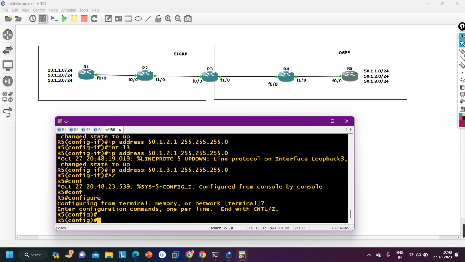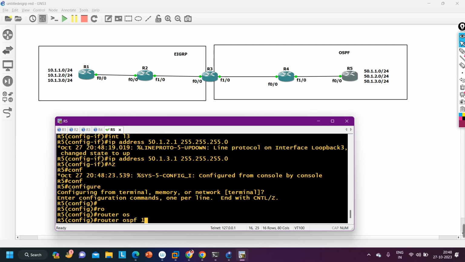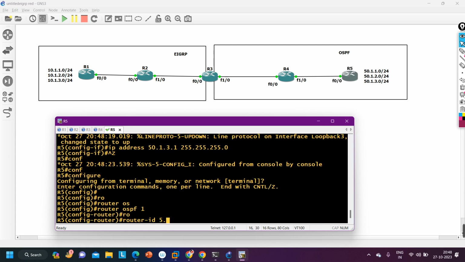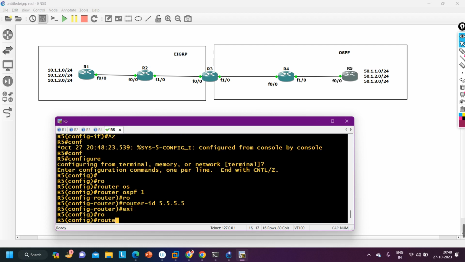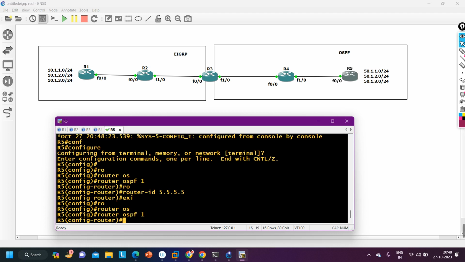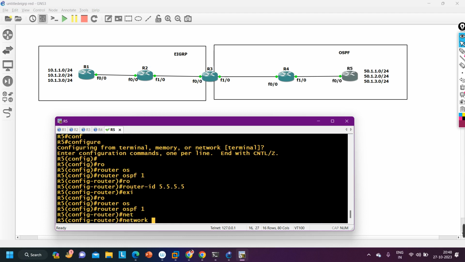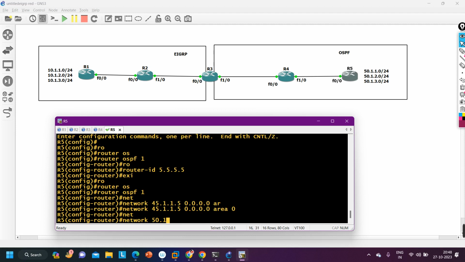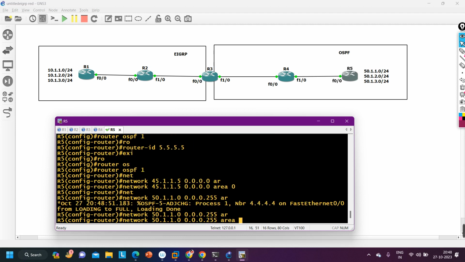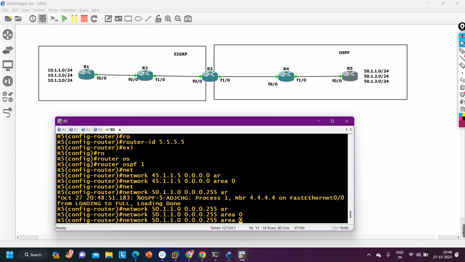And then router OSPF process 1, router ID 5.5.5.5, exit, sorry, router OSPF process 1 and network 45.1.1.5, wildcard mask 0.0.0.0, and area 0, and then network 50.1.1.0, wildcard mask 0.0.0.255, area 0,